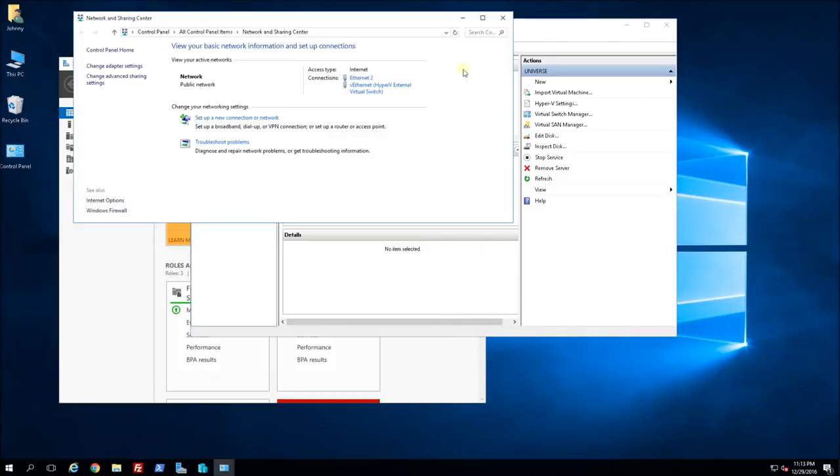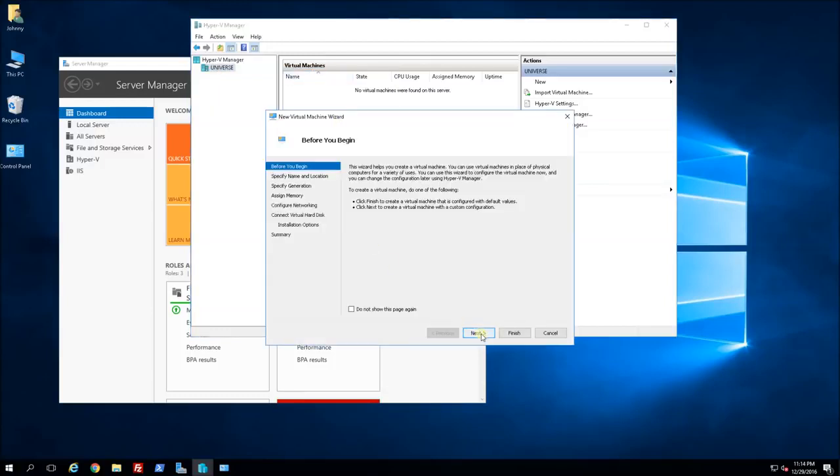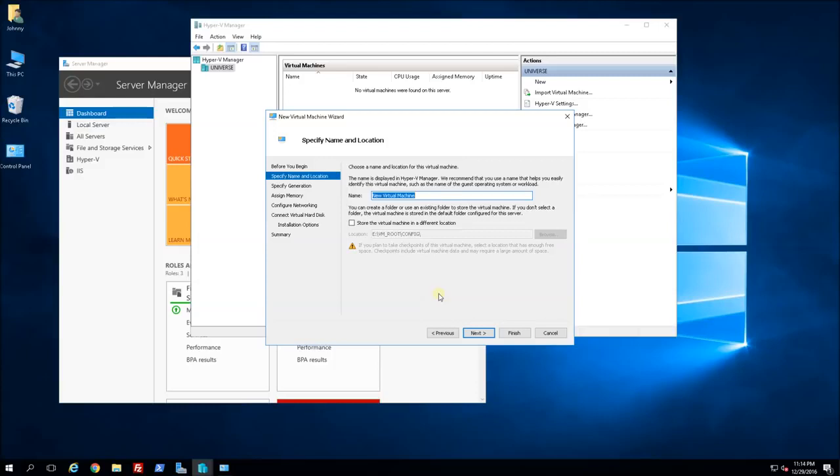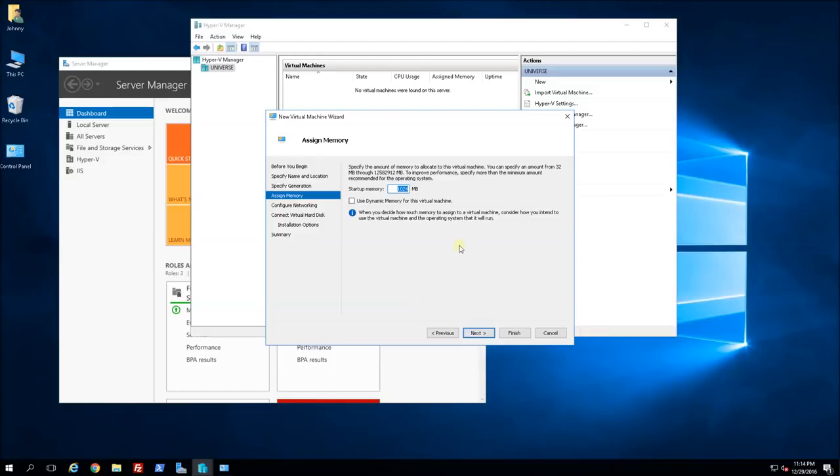So let's go back to Hyper-V Manager, and I'm going to right click on my server, say new virtual machine, and go through this wizard here, and I will just name it Cobra, and that will be my default location where I have all my virtual machines. And I am going to just select generation 1 here, and click next, and I will be giving this 4 gigs,